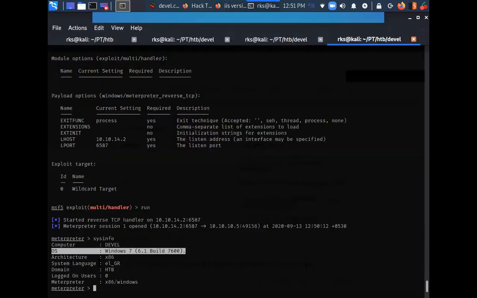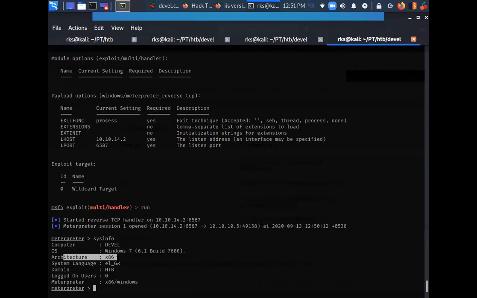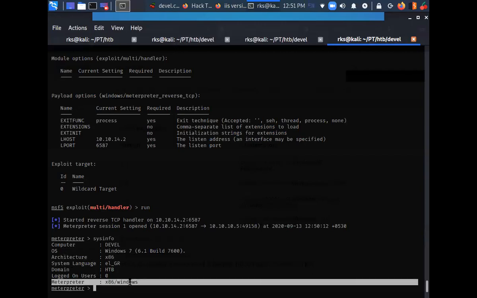The target architecture is 32-bit, and the payload that we used is 32-bit. That's why I did not use the 64-bit payload. If I had used a 64-bit payload, it would not have worked here.